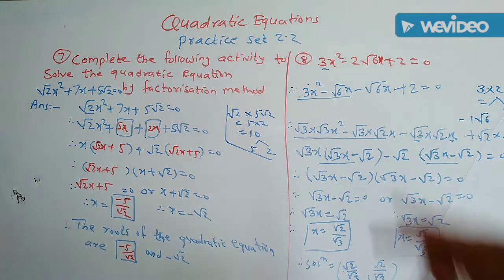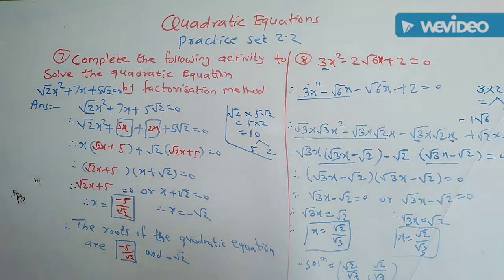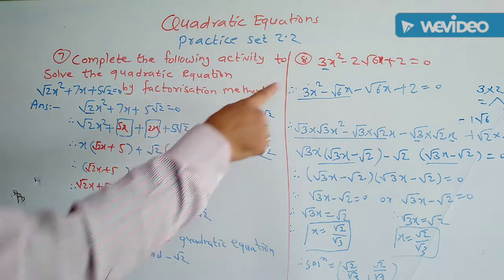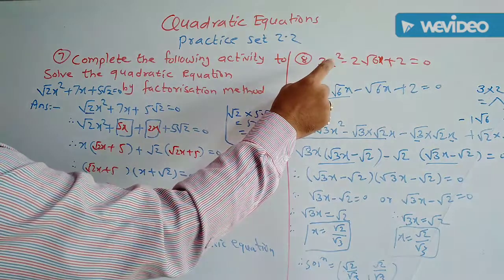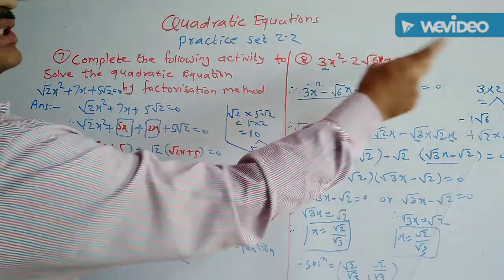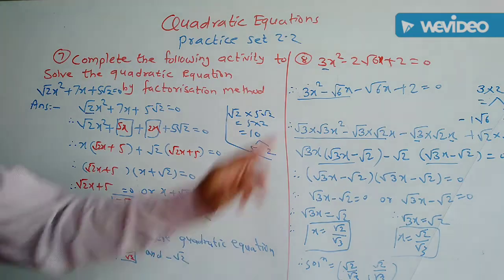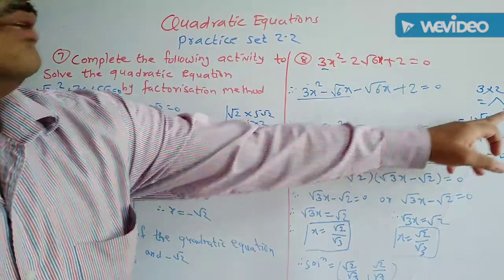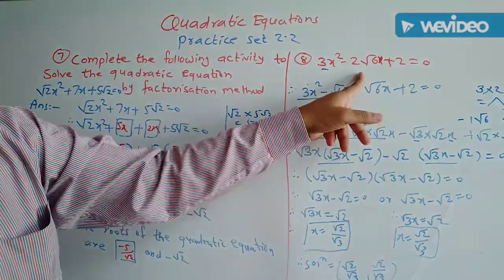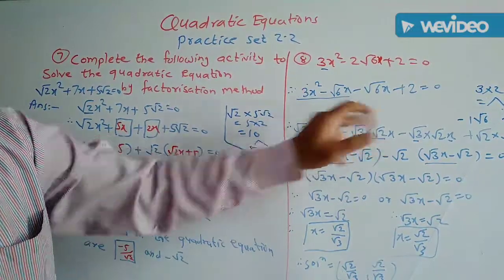In this example, you have to split the middle term, root of 6, which is common to both in addition. Firstly, we take the coefficient of the square term as 1. It is greater than 1, therefore we take 3 and 2. 3 twos are 6, and therefore the product is 6. Addition is 2 root of 6. Therefore we factorize it. Root of 6 gets common in both the factors because the sum is 2 root of 6. Therefore minus root of 6 and minus root of 6, these are the factors.